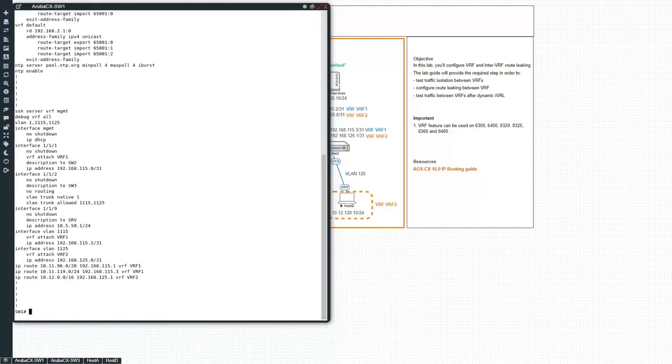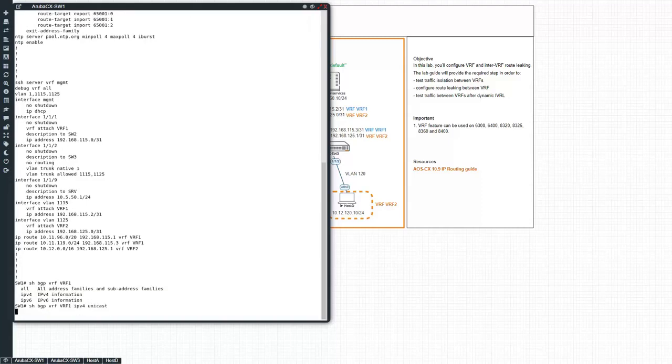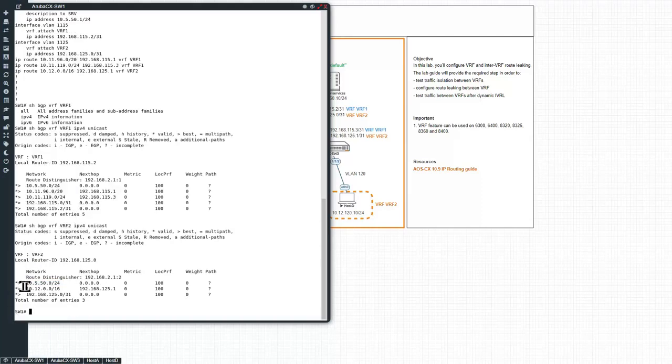So let's take a look at the BGP inside VRF1. We have those routes, and in particular, we've already got the default VRF route that is leaked into VRF1. Similarly, for VRF2, you have that route leaked as well.